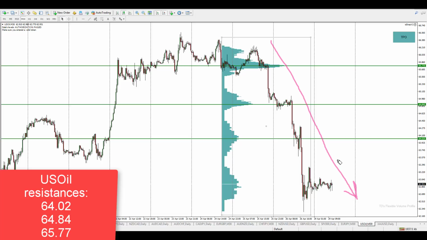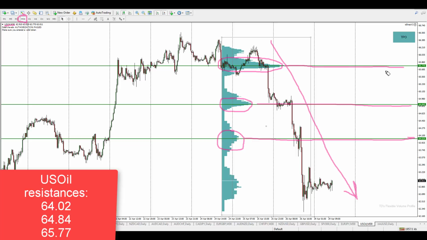And within this selling activity, you can see that there were several volume clusters created. This one, and this one. By the way, this is a 30-minute chart of the oil, right? So on the 30-minute chart, if you use the flexible profile, you will see those three volume clusters in this downtrend area. What those volume clusters mean is that sellers who are pushing the price downwards were adding to their selling positions there. This level,